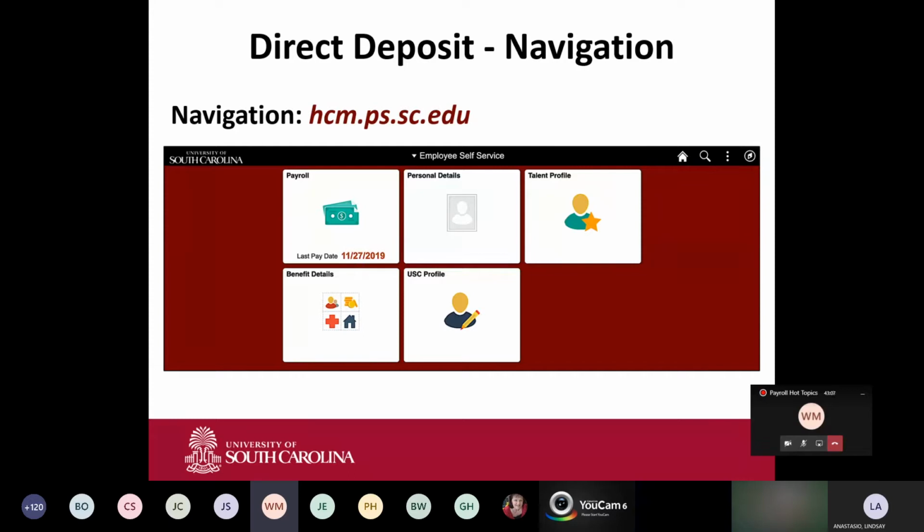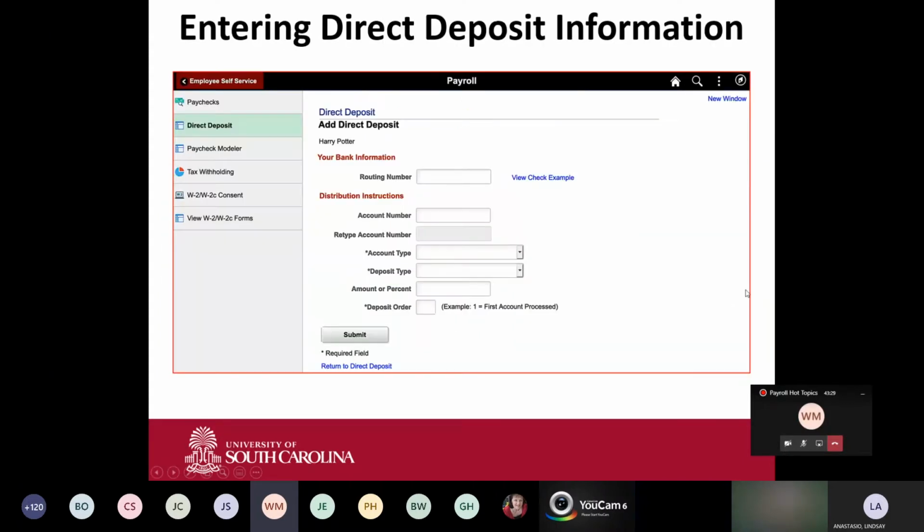I'm going to start by telling you how to set up a direct deposit. Direct deposit actually comes through the PeopleSoft employee self-service screen, and that's the screen that you see here. You would go to the screen and click on payroll. Once you click on payroll, it will give you these options for setting up the direct deposit.